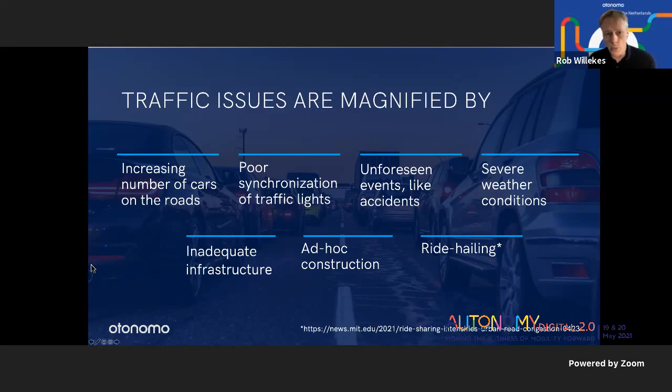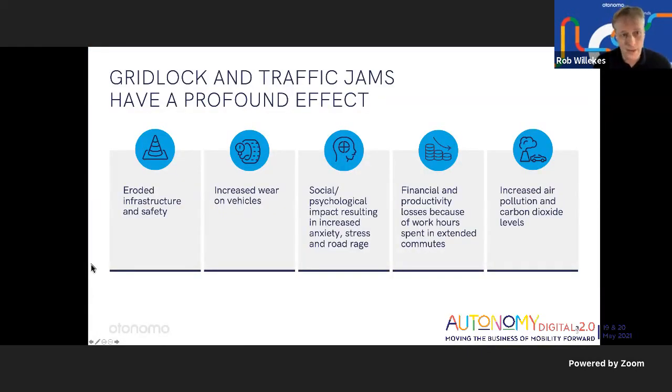Another topic that also has a big impact on traffic issues is ride hailing. So the Ubers and Lyfts of this world, people are using that service, and of course it's an excellent service, really handy, but it also causes more congestion than you would like. So congestion is not only traffic, it also has other impacts, and those impacts are, of course, the infrastructure that needs to be expanded, safety issues,